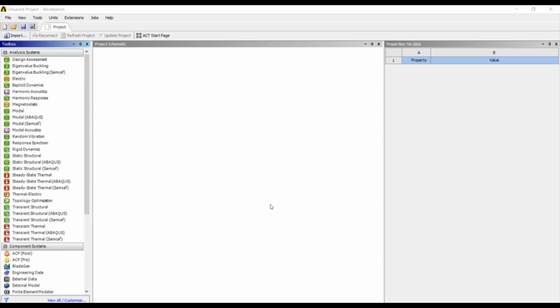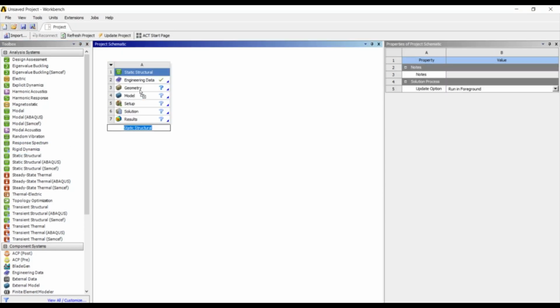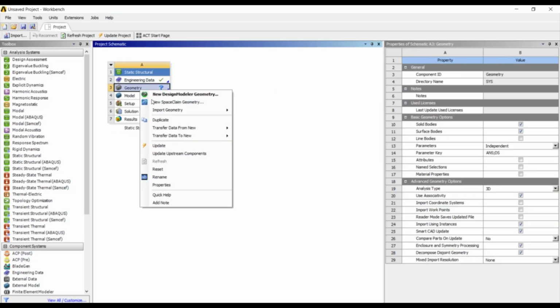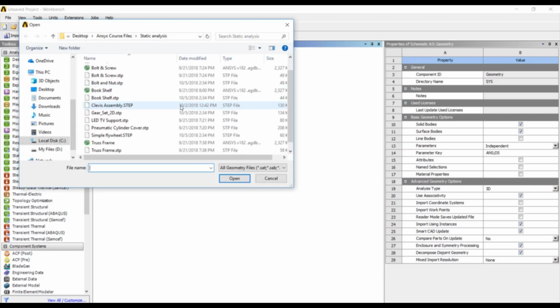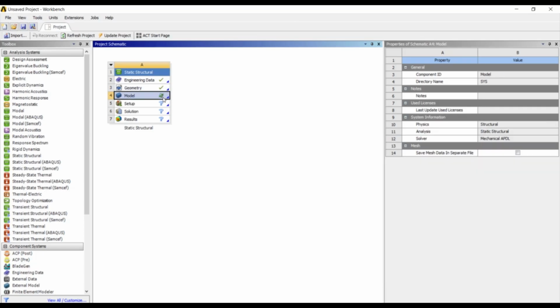To perform simulations on this flywheel, we are going to select the static structural again and drag and drop it on the project schematic. The material is steel, so I need not change the material. I am going to right click on the geometry cell and import the geometry. It is nothing but a simple flywheel geometry. I am going to press open, and then double click and open the mechanical